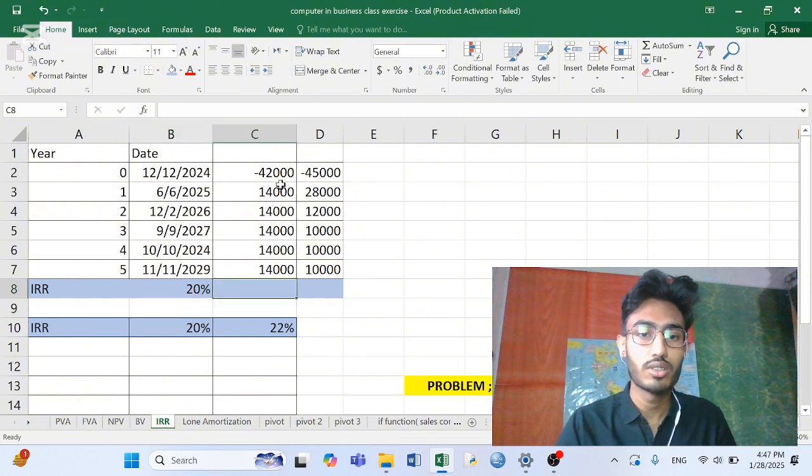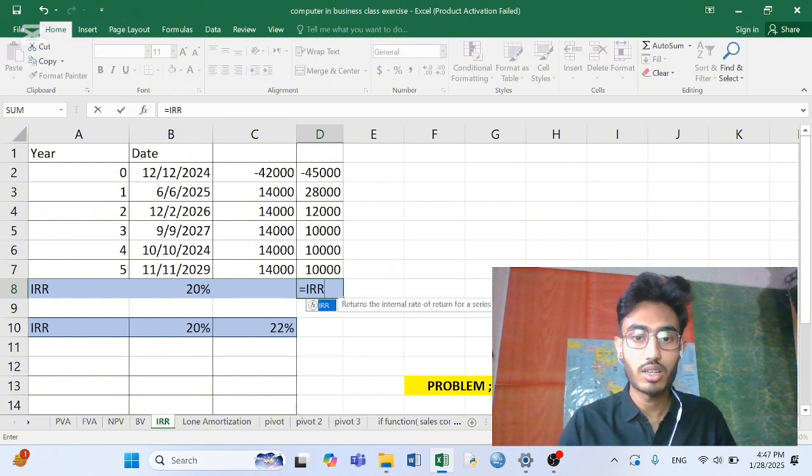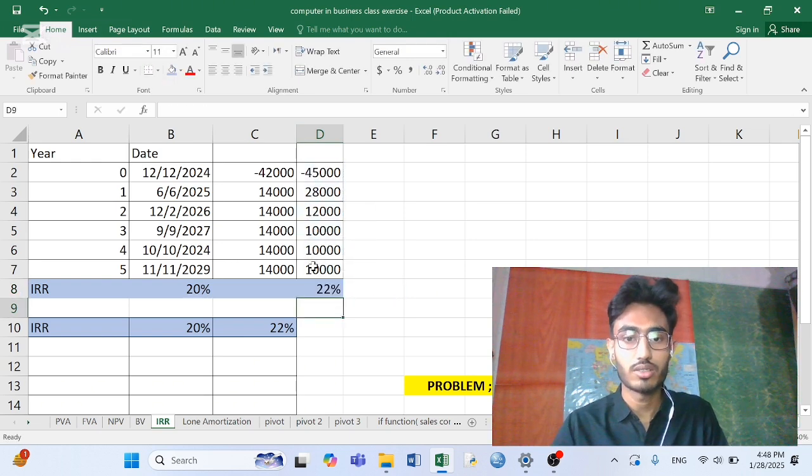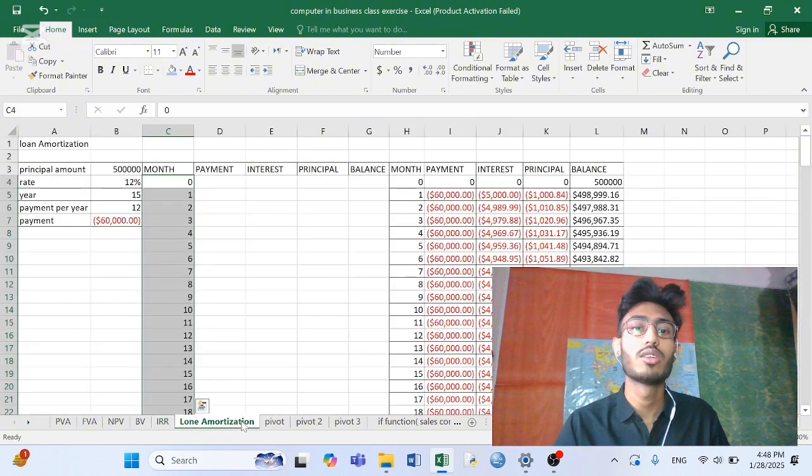Now for this one, it's going to be equal IRR, values. The values are all the values. Enter. It's over. So those are the things. Then the calculation